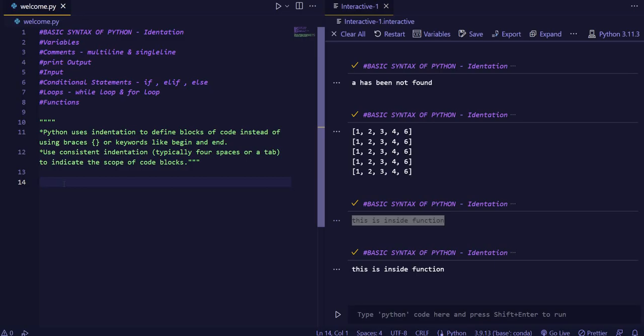Python uses indentation to indicate a block of code. Now I'll show you with an example what indentation is and what it does. For example, I'm taking two variables, and now I'll show you what indentation is. So, if